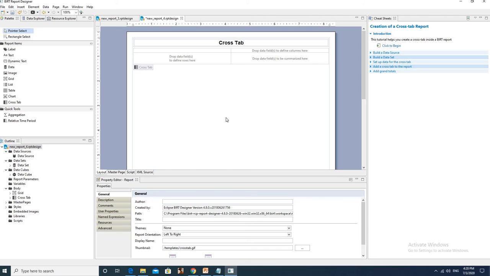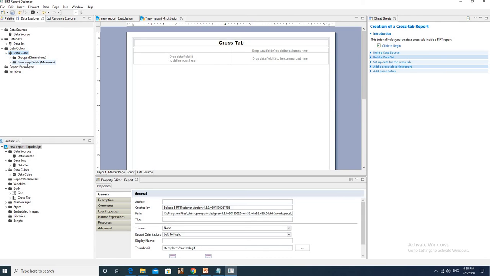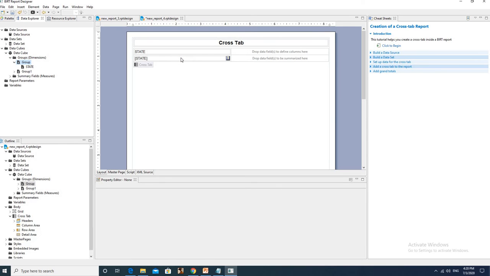Okay, so here we are going to put data fields. Go to the data explorer, click on data cube, and drag the group state, this one, to define the rows. Just put it here. Then in columns we are going to put the product line.